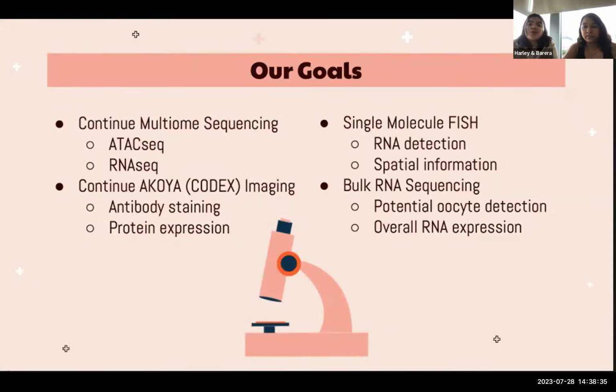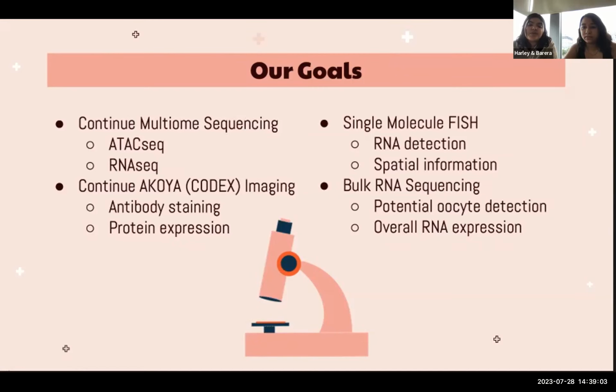We also want to continue Akoya imaging, focusing on obtaining accurate staining for different cell types in each section. We are especially hoping to optimize the antibody concentrations present. We will begin doing RNA FISH on the fallopian tube. With RNA FISH, we will be able to create a spatial image of the sample with the information in the RNA, as opposed to Akoya, which gives us information with proteins. This is optimal because it will allow us to see if there are any errors in either the proteomics or